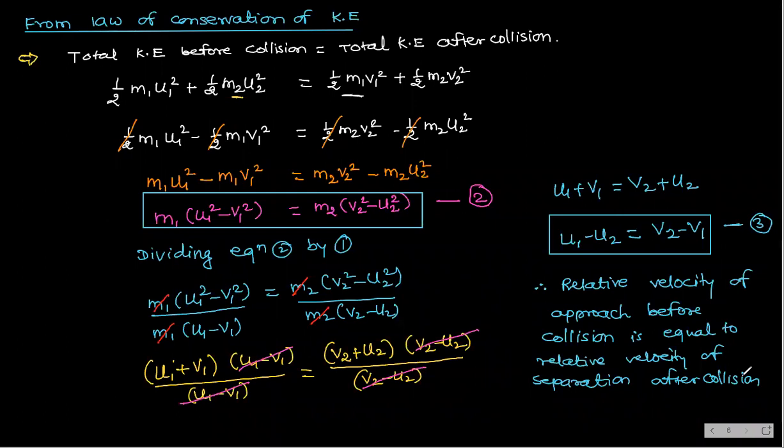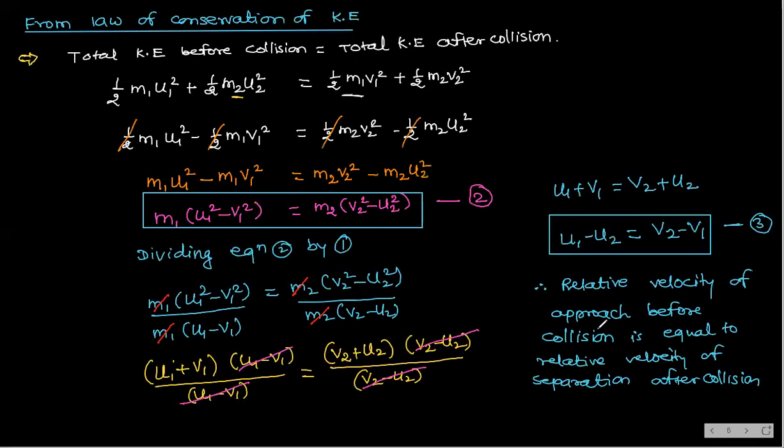What are collisions? Explain the possible types of collisions and develop the theory of one-dimensional collision. So we have to develop the theory, है ना? Till here we have done that the relative velocity of approach before collision is equal to the relative velocity of separation after the collision. So see here, up to this we have derived, and now the next part.